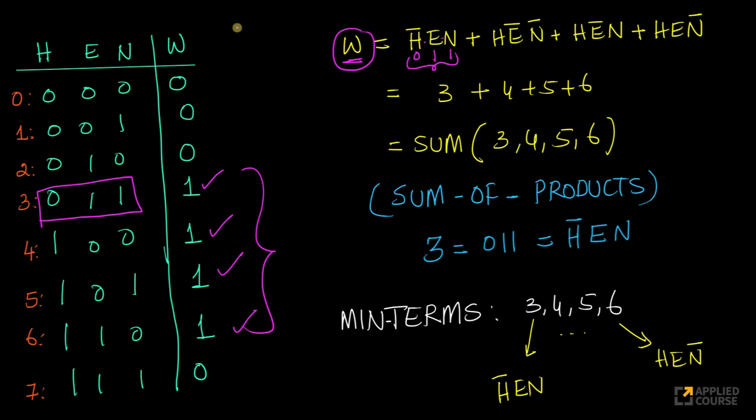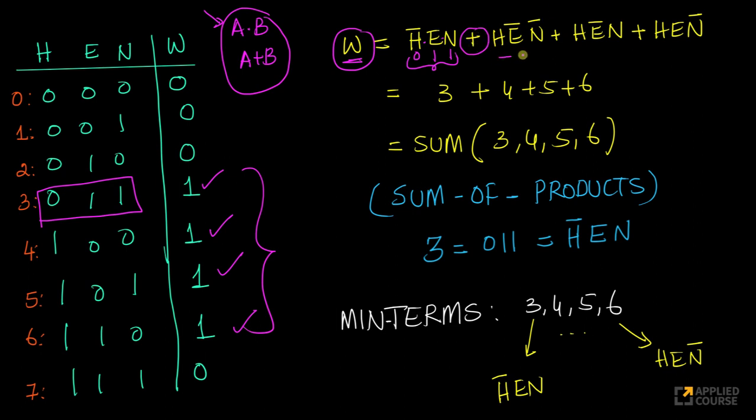Remember, very importantly, that A dot B basically means A and B, and A plus B means A or B. This is what we learned in discrete mathematics in Boolean logic. So I'm using the same representation here. Okay, I am not putting the dot here explicitly, but it means that there is a dot. So W equals 1 if H is 0 and E is 1 and N is 1, or